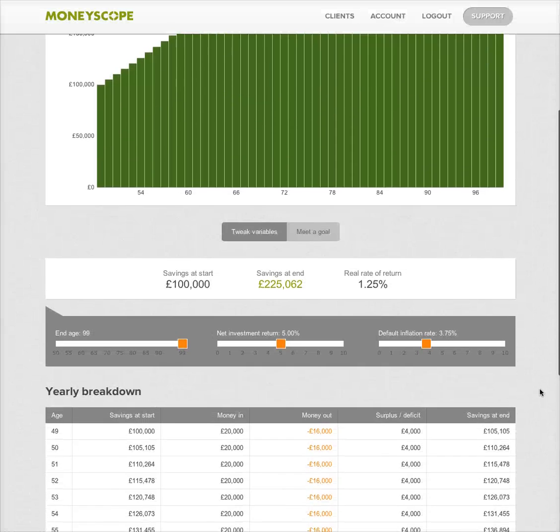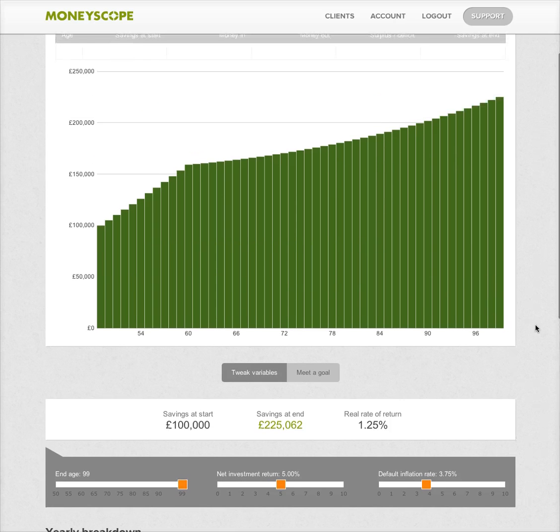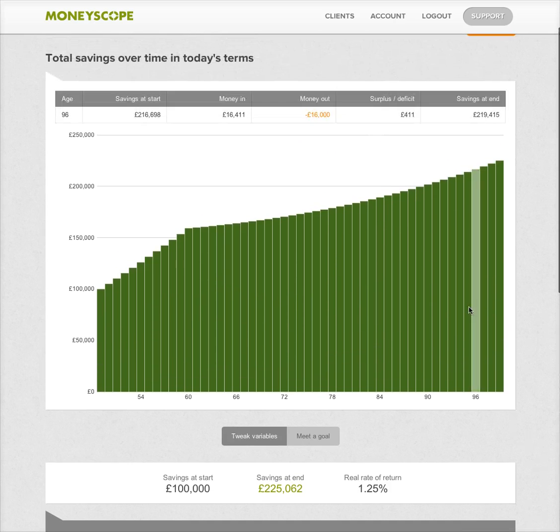We've also changed the behaviour of the sliders, and we've changed the increment values from 0.5% to 0.25%, and as you drag the slider you'll see the value changes automatically. And we've also made the charts look a lot nicer as well. One of the big features is as you hover over a year, you can see we've got the information bar at the top of the screen that shows everything